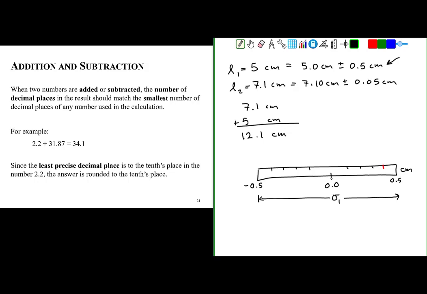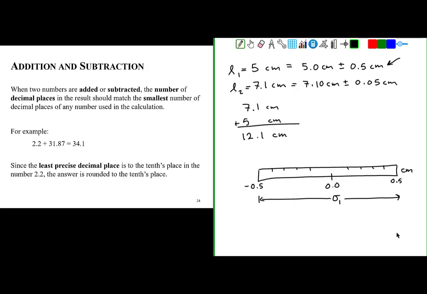And our second uncertainty is to the nearest half of a tenth of a centimeter. What that looks like on this scale is our uncertainty for that second measurement is somewhere in that range, to the minus 0.05 to the plus 0.05. Notice the difference between those two uncertainties. Even though we know that the second length measurement is 7.1 centimeters to the nearest tenth of a centimeter,